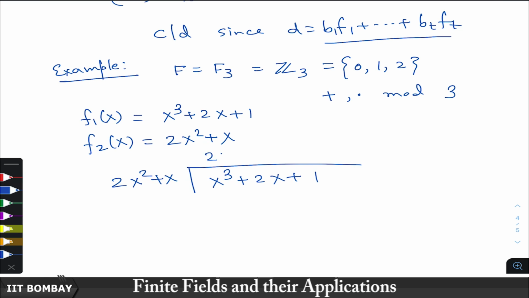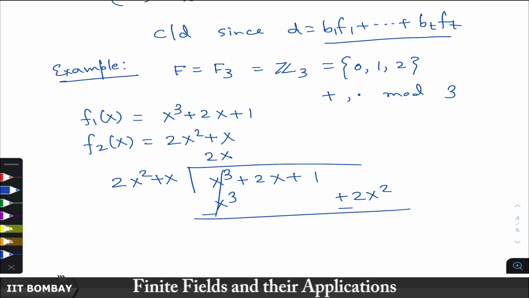So, we take 2x, we multiply 2x with 2x square, we get x cube, because 2 times 2 is 1 and x times x square is x cube. And 2x times x is 2x square. So, we subtract,